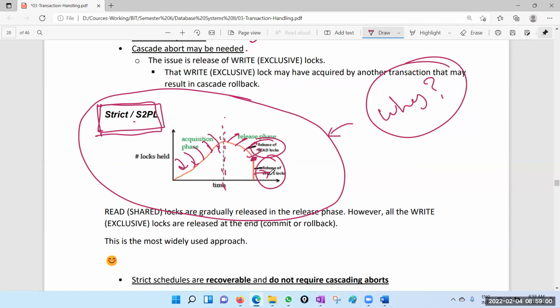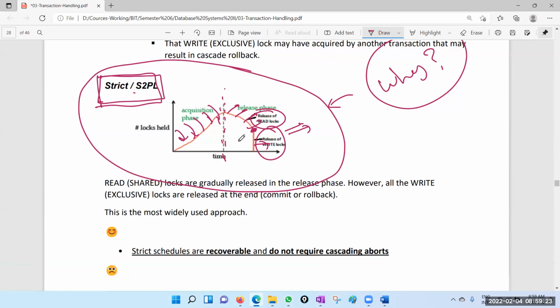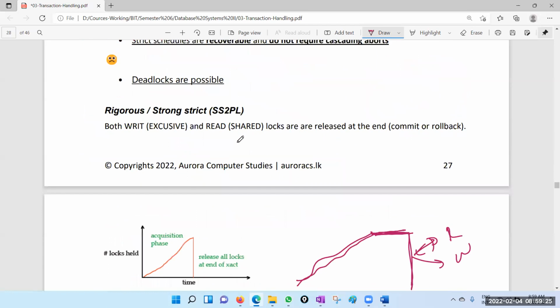If you release the write lock only, that cascade rollback can happen. Cascade rollback is not an unrecoverable schedule, but anyway, if we can prevent cascade rollback, that is also good. So this prevents cascade rollback, and at the same time it facilitates other transactions to proceed to a certain level. Okay, right. So those are the lock releasing